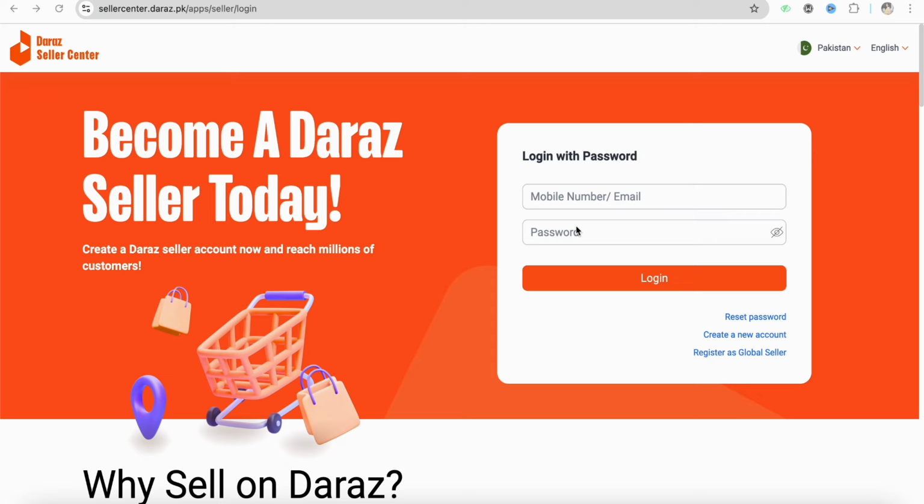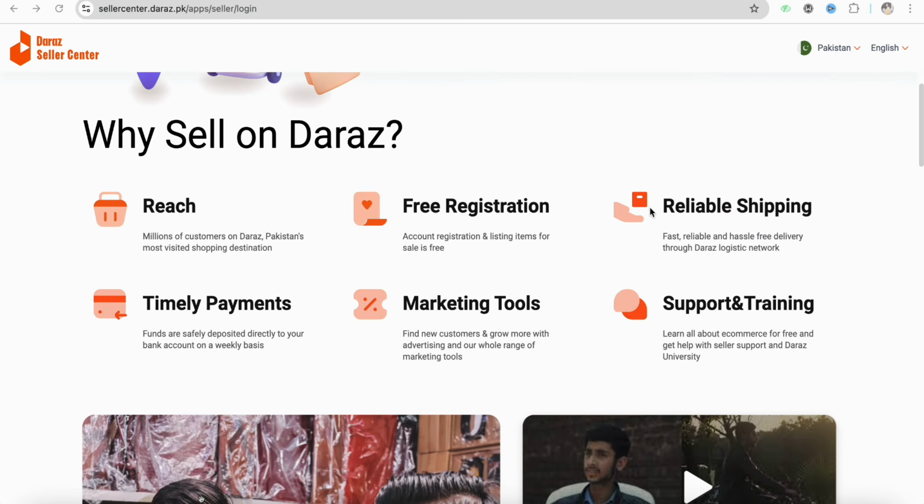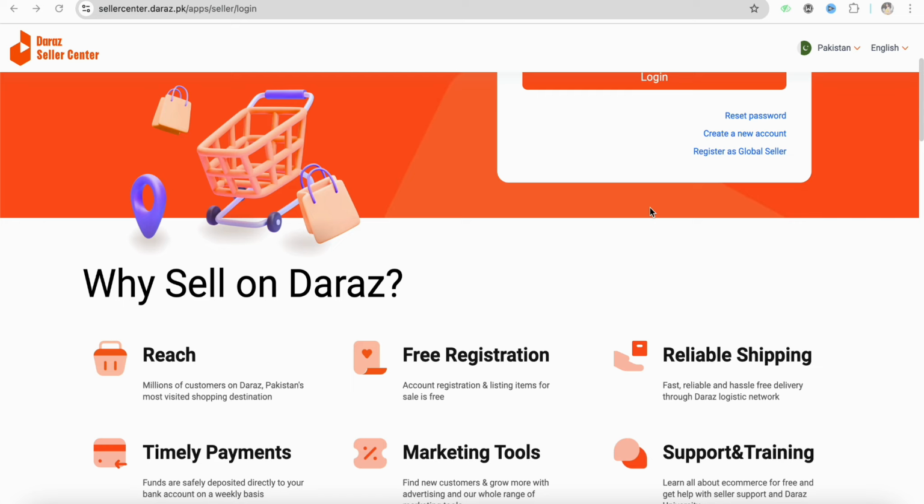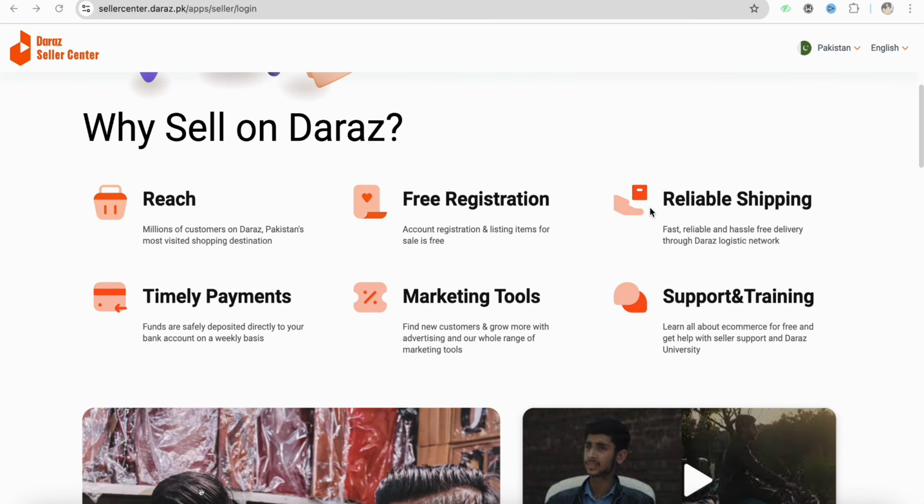So for that, you need to open sellercentral.daraz.pk.com. Daraz is basically an online marketplace that connects buyers and sellers in South Asia, including Bangladesh, Pakistan, Sri Lanka and Nepal. The company was founded in 2015 and was acquired by Alibaba Group in 2018. Daraz offers a wide range of products including books, consumer electronics, fashion and general merchandise, and it works with over 5 lakh sellers. Daraz aims to improve the shopping experience for South Asian users and also help brands and small medium enterprises to grow their businesses.